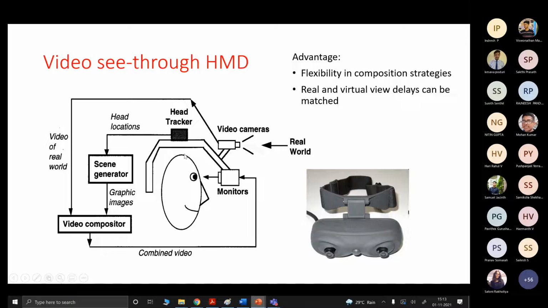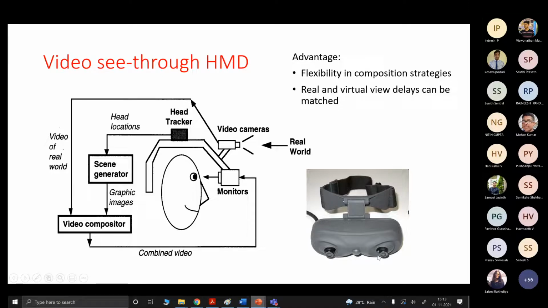The head information will be tracked with the help of a tracking system, and those locations will be sent here. Finally, the graphical or digital object will be added along with the video, and the video will be produced to the monitor for display.